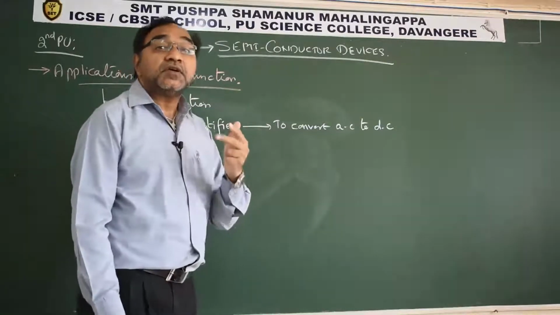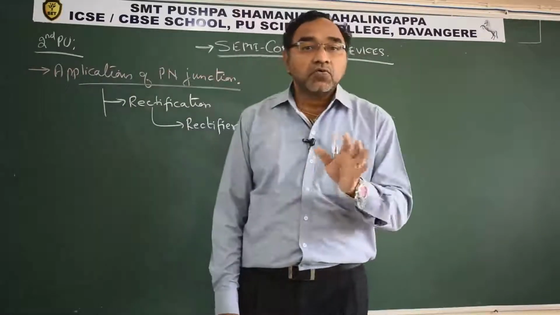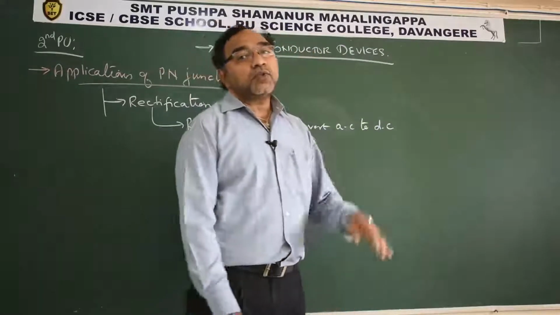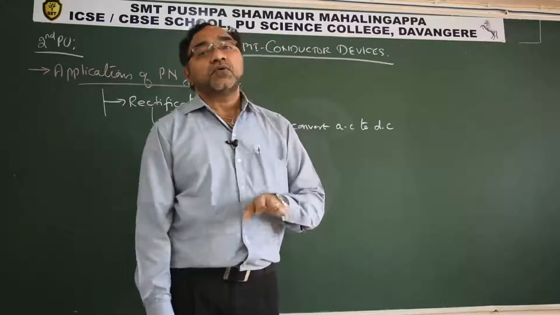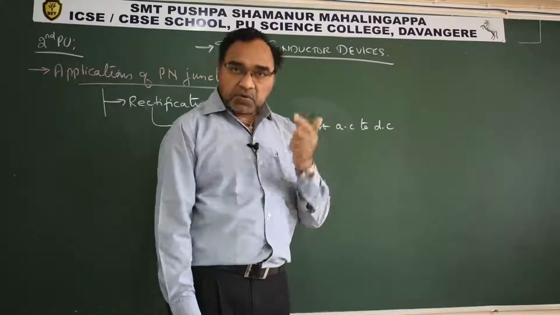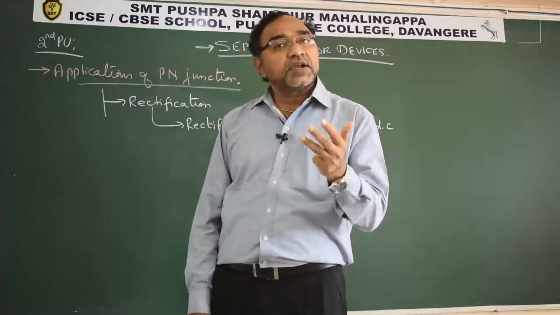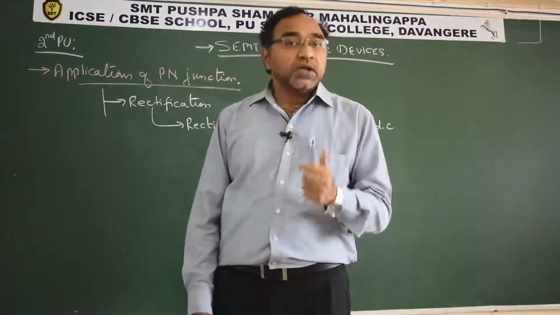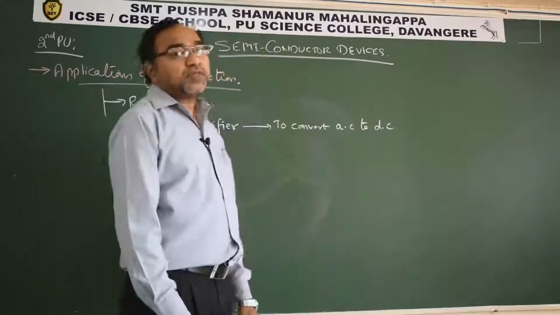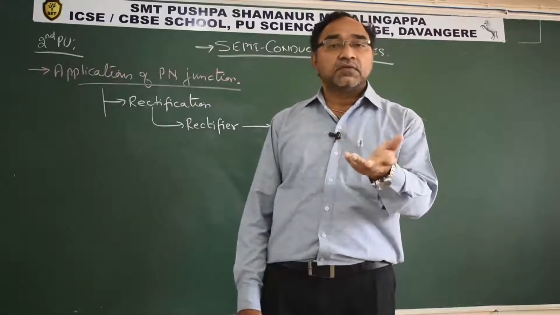Second, it has a step down transformer as well, because your mobile will not work on 220 volt. Your mobile works on 9 or 12 volt maximum. So from 220 volt we have to bring it to 9 volt. That is a step down transformer. These are two components. The third component is called a filter circuit, which is an arrangement of a capacitor and inductor. They make the fluctuating DC into a steady DC. So these are the components which you will find in any charger, that's all.